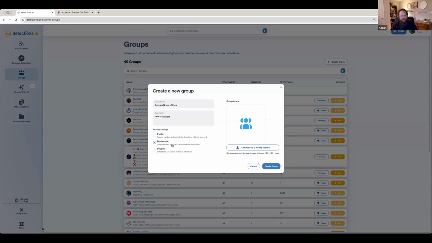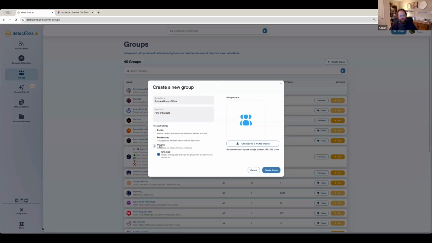Moderated is interesting. That is generally what we're using for things like brands or vendors that want to control contributions. They want everybody to see what they're writing, but it's a one-to-many relationship. Now you can have more than one contributor if you like, but ultimately, anybody can follow you, anybody can join and see the detections, but only the people who you approve can post them. So if you had 5 researchers at a company, this would be the perfect structure. Everybody in the world can join, see your detections, but only the 5 of you can write them.